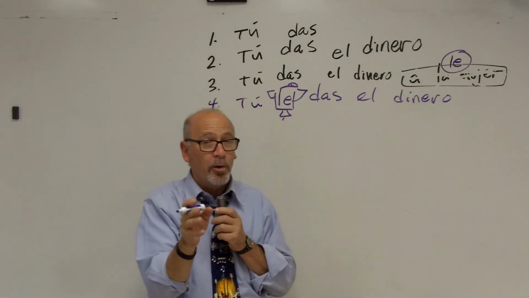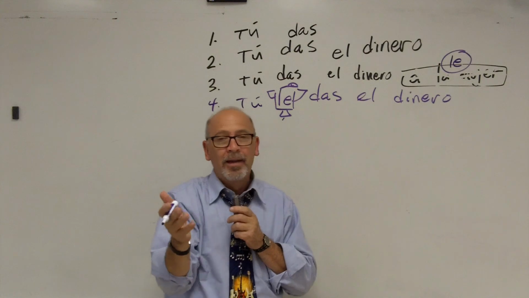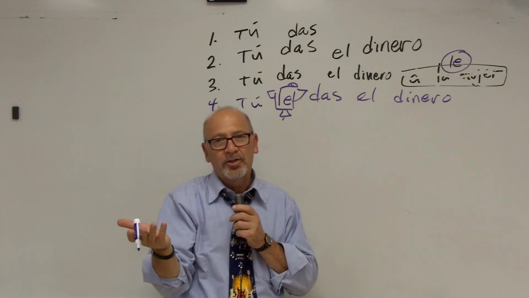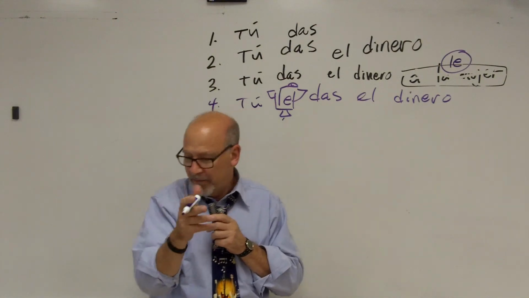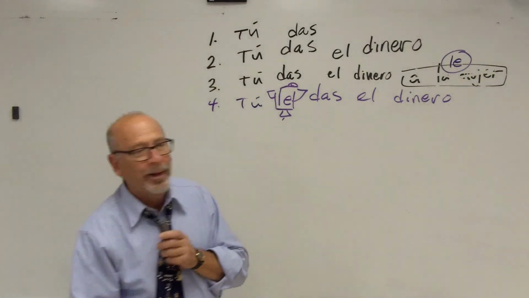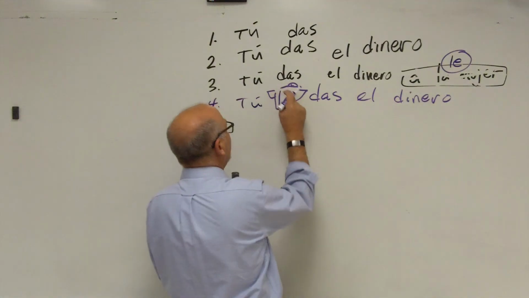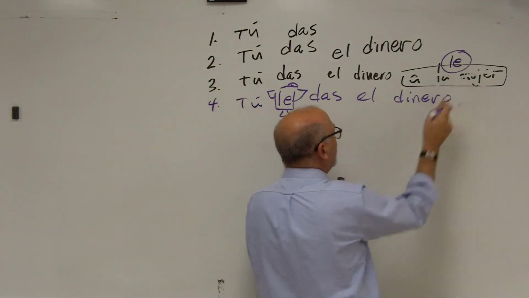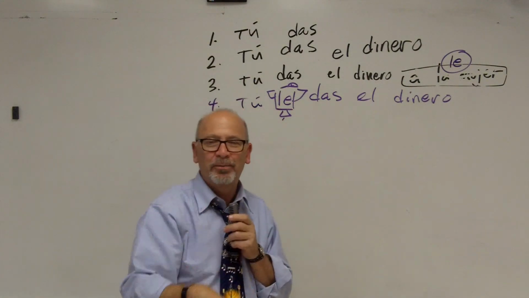Now, you know where this is going. We got 2 L words in a row here. I'm making it hard intentionally so we can really get it down. Now, for the next one, this is what I want you to do. We already know that this le is the woman. So we don't need to explain that any